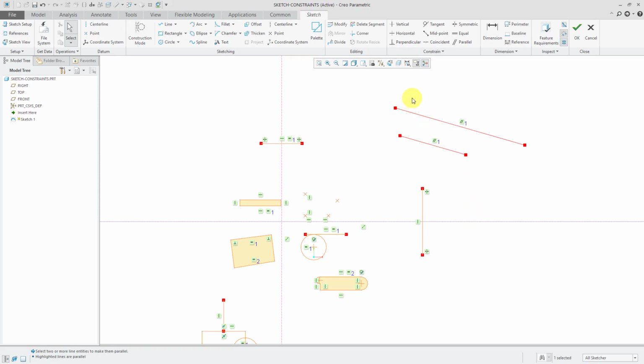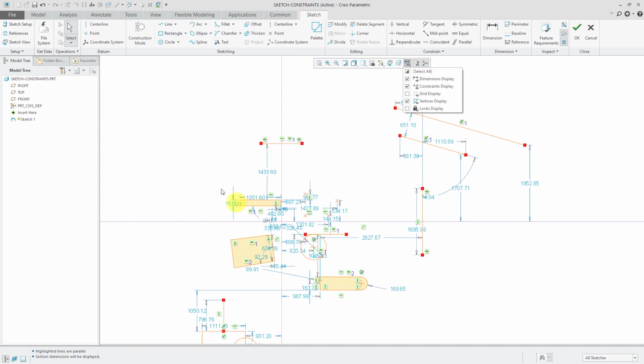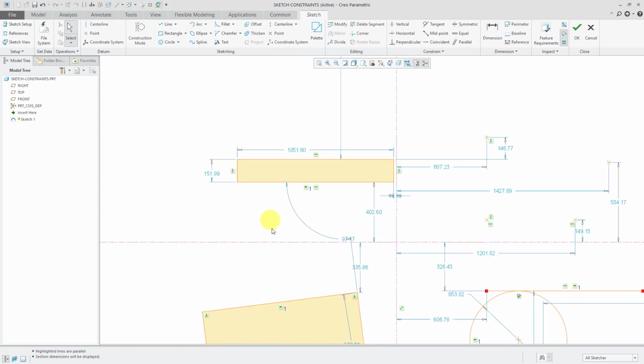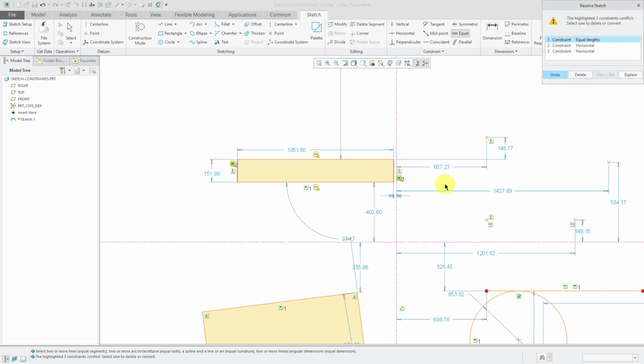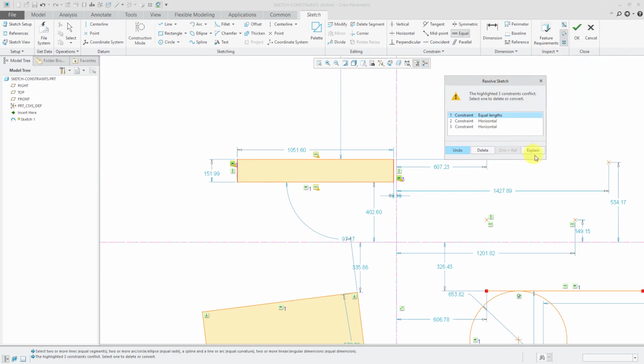Another thing to mention is that Creo Parametric will not allow you to over dimension or over constrain your sketch. For example, let me turn on my dimension display again. I know we have a lot of dimensions on here, but let's say that I try to make this entity and this entity equal length. Well, because of the combination of constraints that I have, that would end up over dimensioning and over constraining my sketch. So in this case here, I have the option to undo, or I could delete one of the different